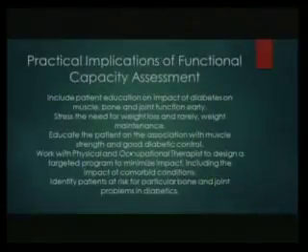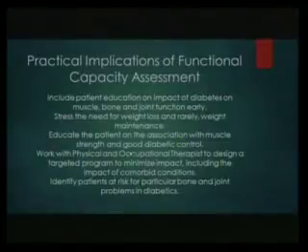So why should we think about this? Well, patient education, we need to talk to them about it early. You may not have inefficient, poor quality muscles yet, but you will if you keep doing what you're doing. You need to stress the need for weight loss, and in the rare diabetic that's not obese, weight maintenance. And we have to educate the patients on the association with muscle strength and good diabetic control. I think we probably don't refer to physical therapy enough to work with physical and occupational therapists to minimize the